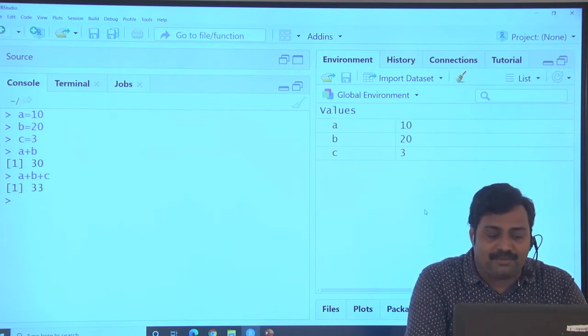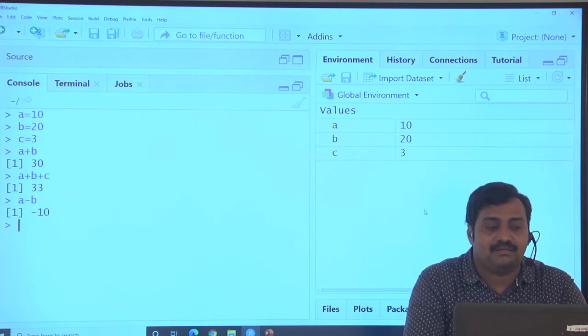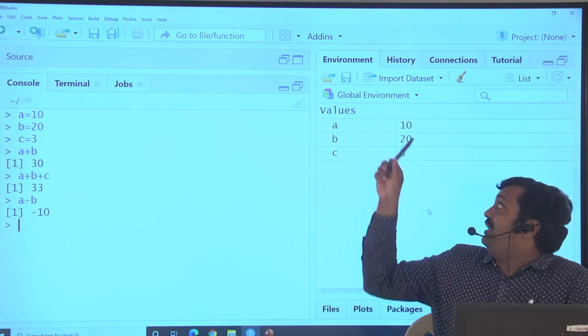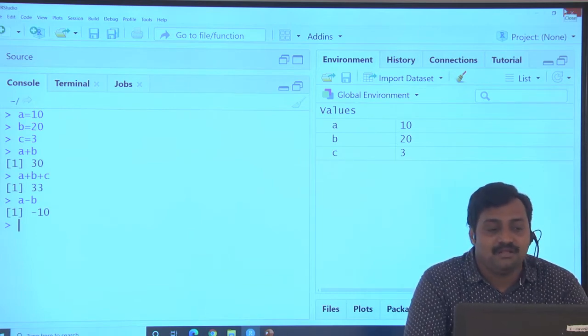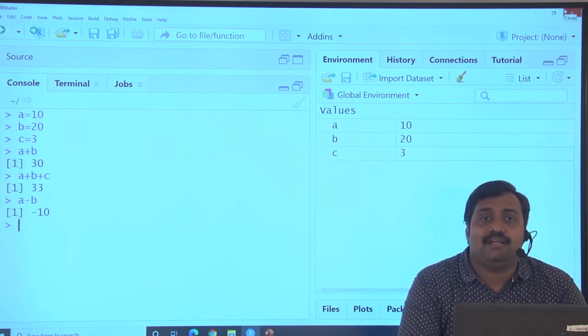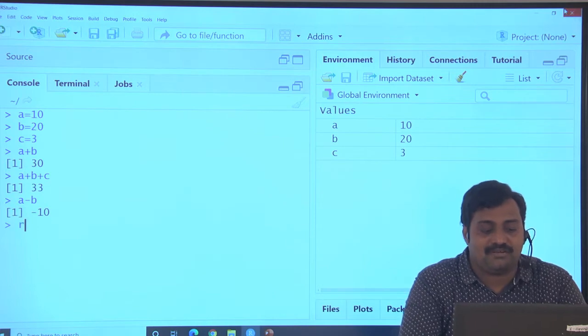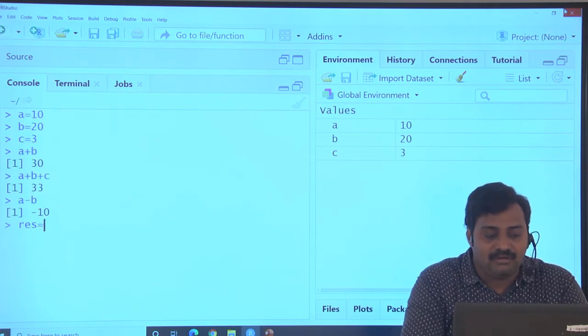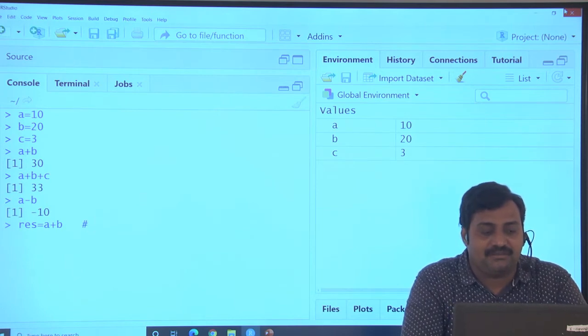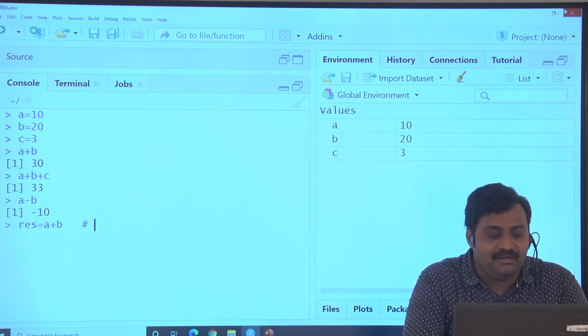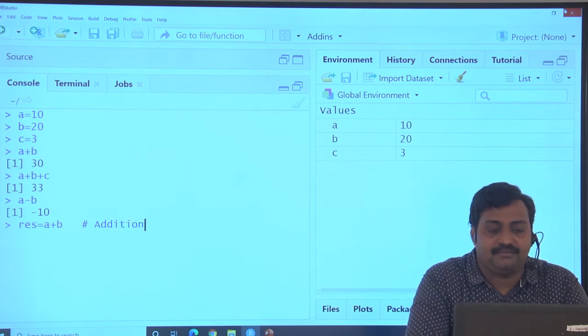Now we want to subtract: a minus b minus 10. So a equals 10, b equals 20, a minus b gives a negative value, minus 10. Suppose you want to store the result in a new variable: res equal to a plus b, a simple addition operation. For understanding I am writing addition.